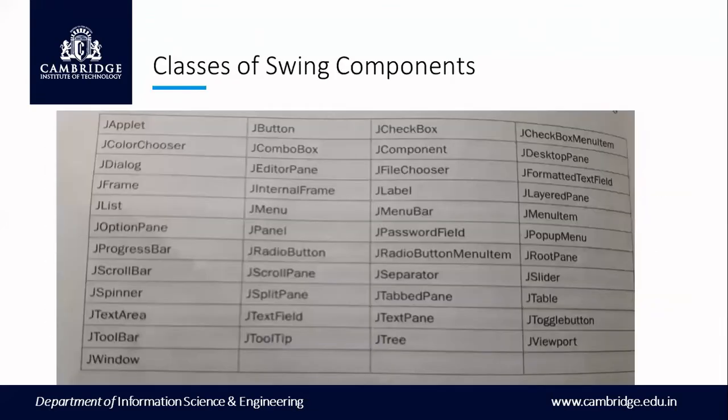Now we are going to see the different classes for Swing components. Please understand, this is only for a Swing component, not a Swing container. You can go through all the classes that are available. If you want to create, let's say, a radio button, I hope you understood what a radio button is, you need to use the class and the functions present inside a class called JRadioButton.